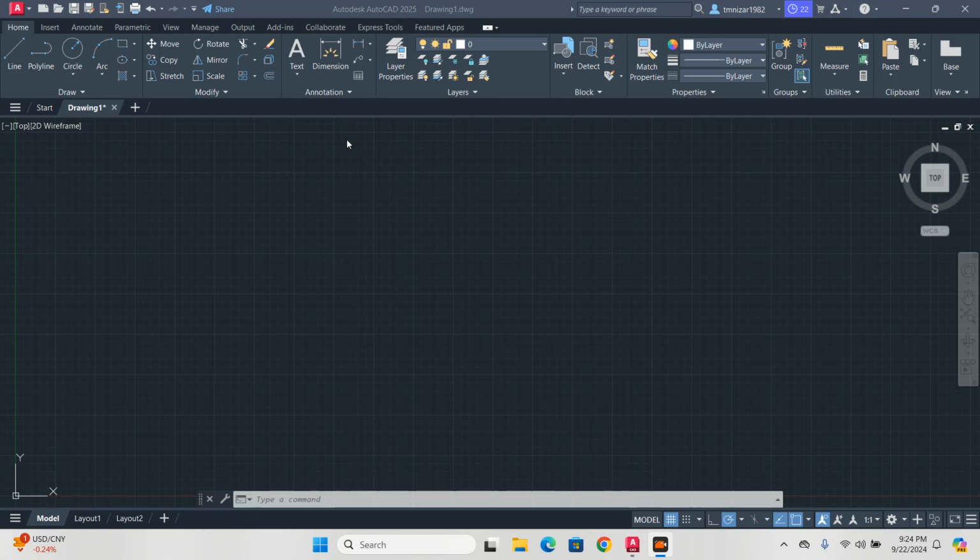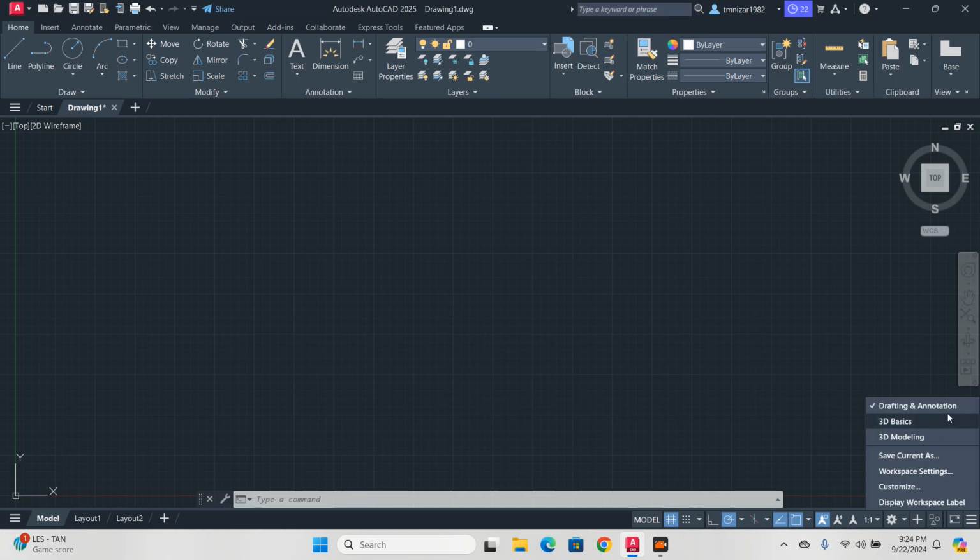Today I am going to teach you how to switch the AutoCAD view back to the classical view. This is normally in the new version. If you go here to Workspace Switching and click, you will see Drafting and Annotation, and the toolbars are in ribbon type. The classic view is something different. Whatever you click here, 3D Basic, 3D Modeling, anything, it will come